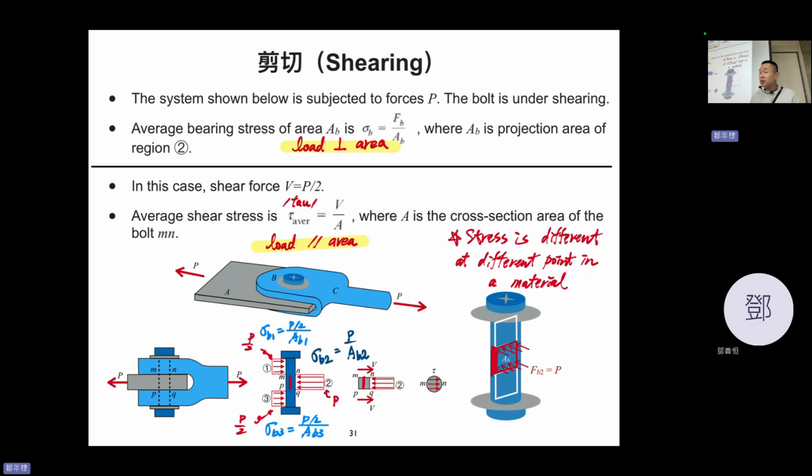Bearing means the area that stops the force. So you see that the force is stopped by it, and it is perpendicular to the force. Sorry, I forgot to write down, I also mentioned that